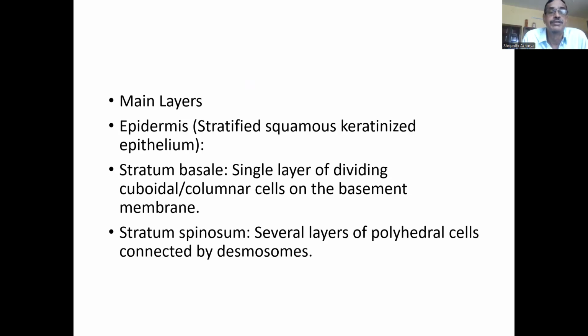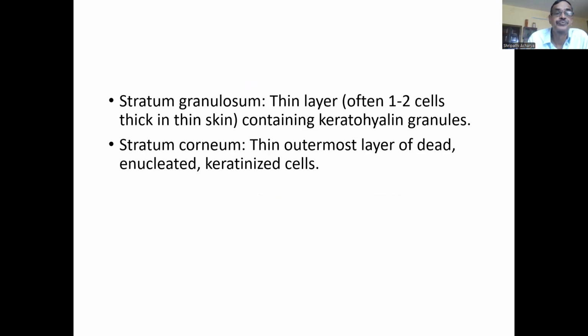Main layers: epidermis, stratified squamous keratinized epithelium; stratum basale, single layer of dividing cuboidal or columnar cells on the basement membrane; stratum spinosum, several layers of polyhedral cells connected by desmosomes; stratum granulosum, thin layer, often 1 to 2 cells thick in thin skin, containing keratohyalin granules; stratum corneum, thin outermost layer of dead and anucleated keratinized cells;